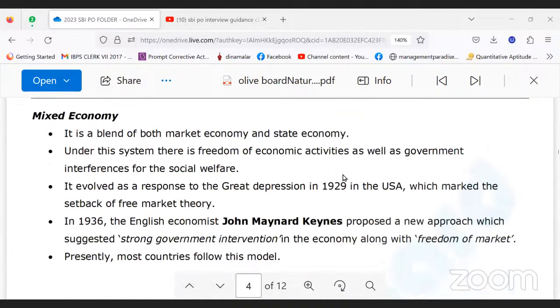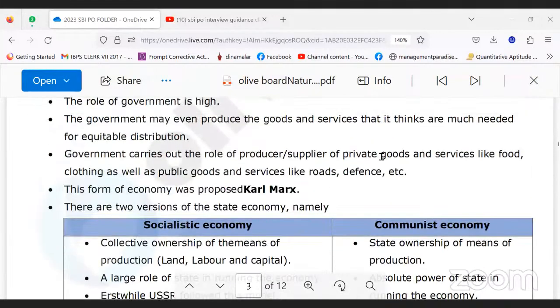Good. Continue. Mixed economy. Anurag, yes, tell me. Then under which category will the Indian economy come? Market economy, state, or mixed? No, ours is a mixed economy. That is, we really wanted to follow a socialistic pattern of society, but after following it during Nehru's days, then Indira Gandhi's days, and all that, since much progress could not be achieved,